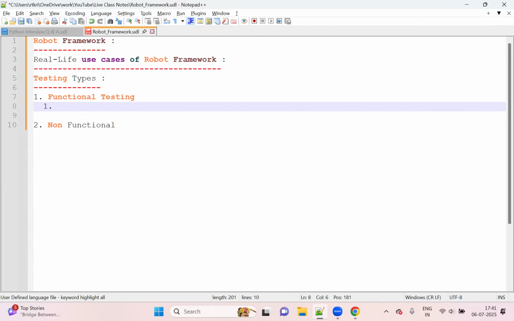Today I am taking everything here with a real-time example, in a general way, so that everyone can easily grasp it. First of all, this is manual testing. In functional testing, we have manual testing,